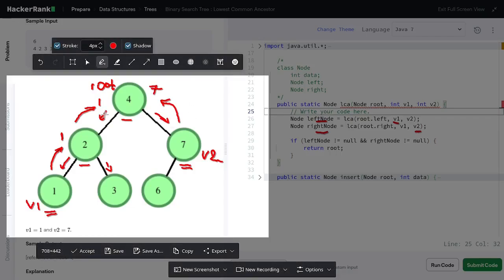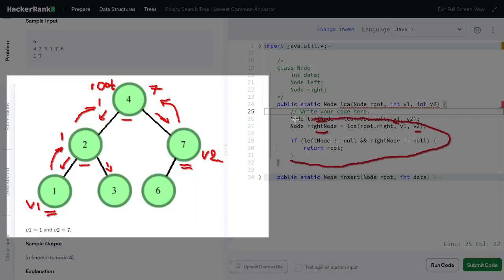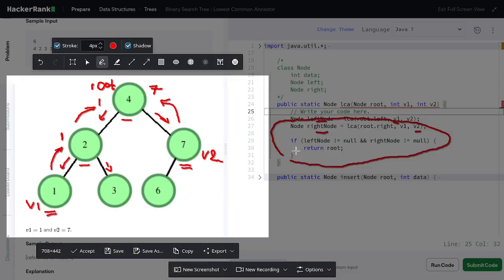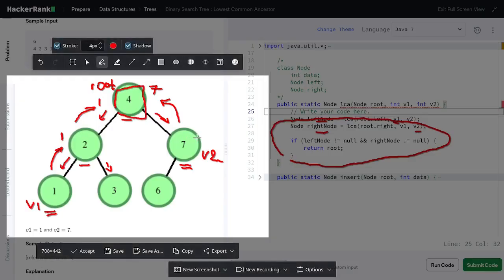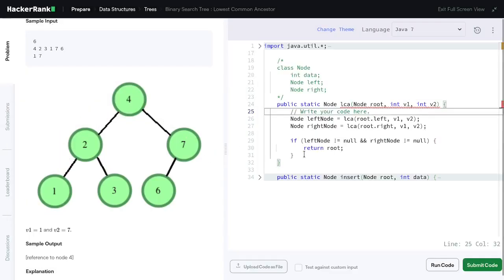And then since they are already meeting on the parent node, with 1 and 7, we can just execute this if check. If the left node is not null and the right node is not null, then we can just return root right away as the answer. So 4 is the LCA, or the lowest common ancestor. Okay, so